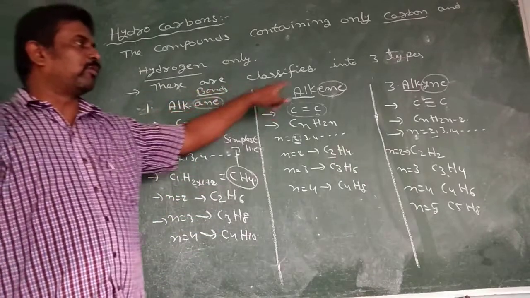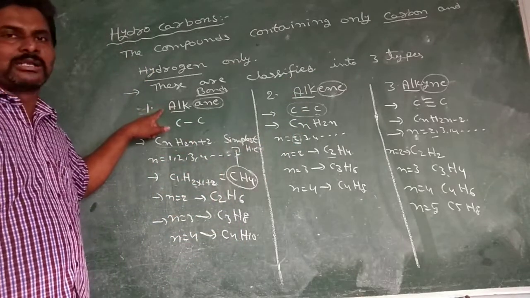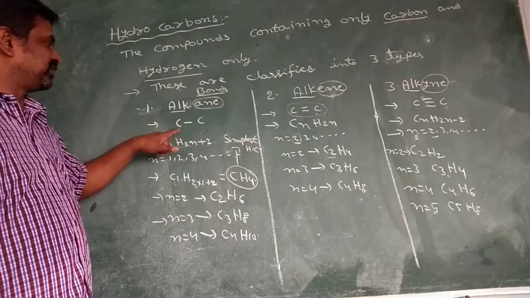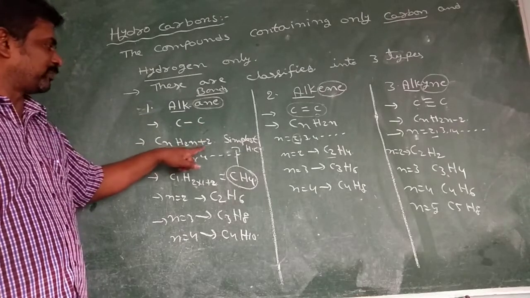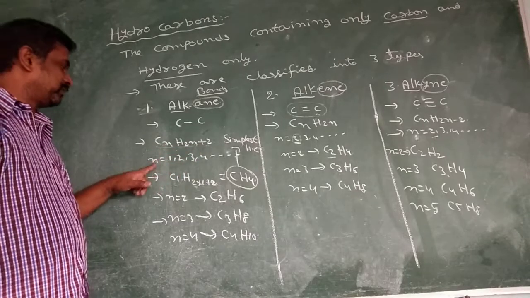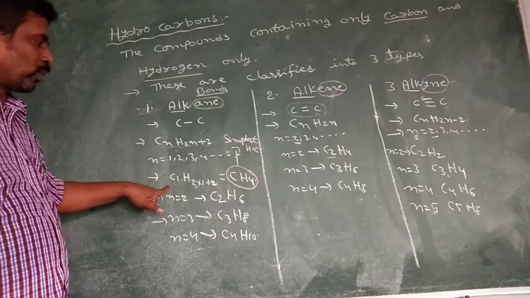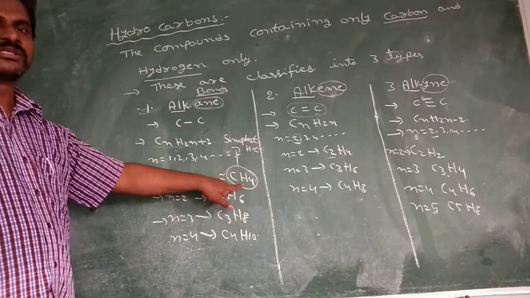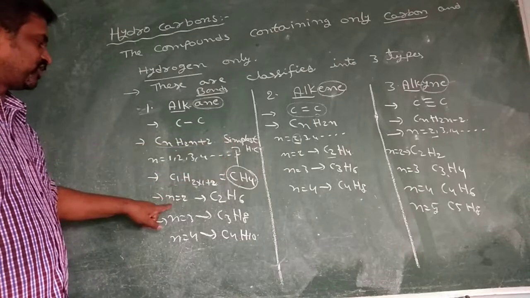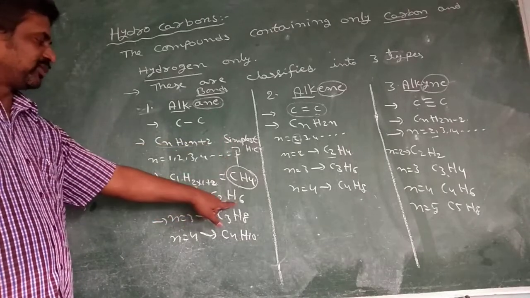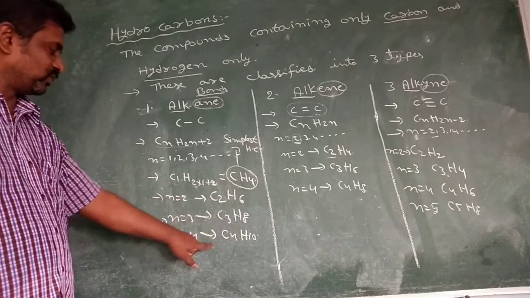Single bond, double bond and triple bond. Carbon-carbon single bonds are called the alkanes. General formula CnH2n+2. Substituting n values 1, 2, 3, 4 and so on: if n is equal to 1, that gives methane, CH4. So this is called the simplest hydrocarbon. N is equal to 2, it gives C2H6, ethane. N is equal to 3, propane. N is equal to 4,